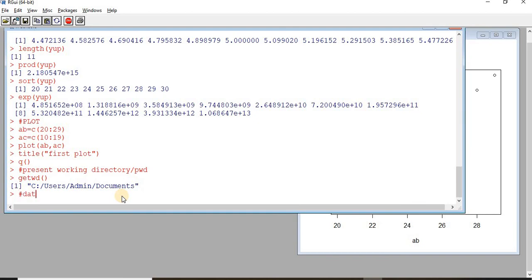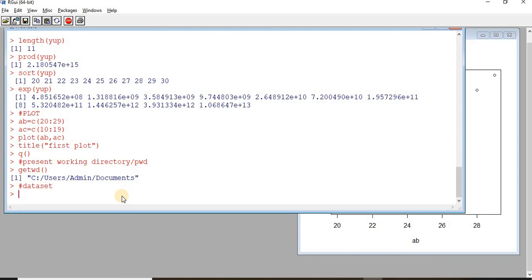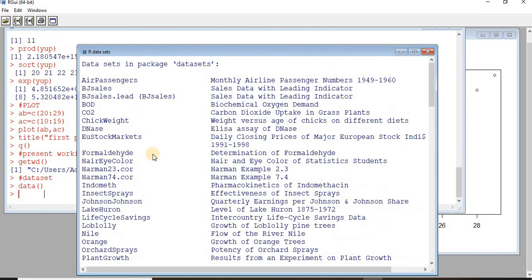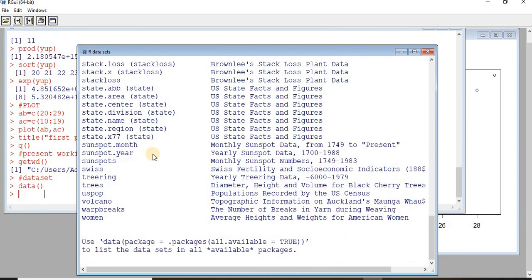Next is datasets. When I install R itself, it comes with a few default datasets. Using this data function, I'll be able to see what all the default datasets available here are.